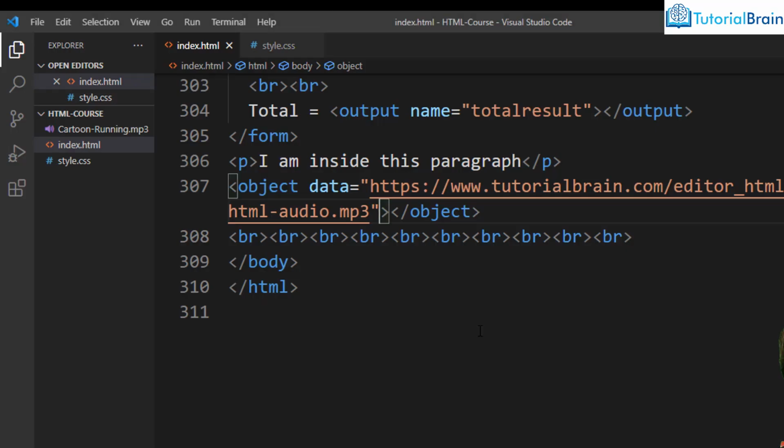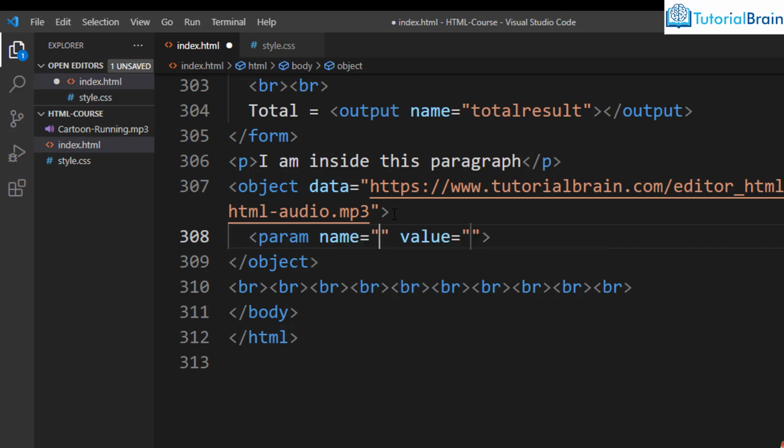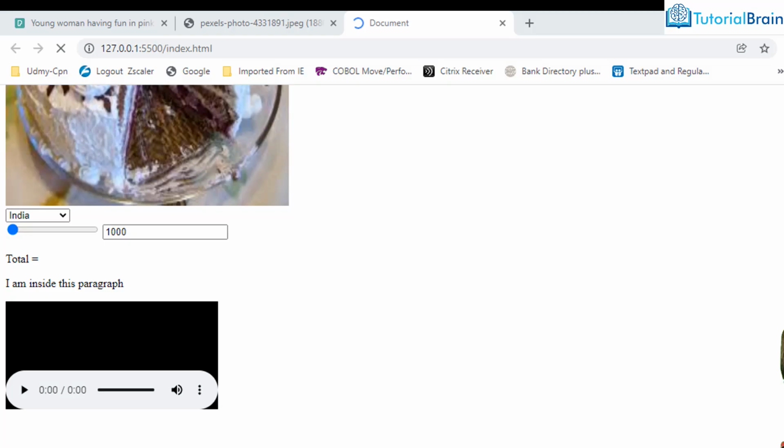Say that you want to define the parameters of this particular object. So what you can do is, you can just give the param tag and you can just give name and value. So let's say that I want to define the controller, and let's say that I want to keep it as true. And now you see, if I just run it,